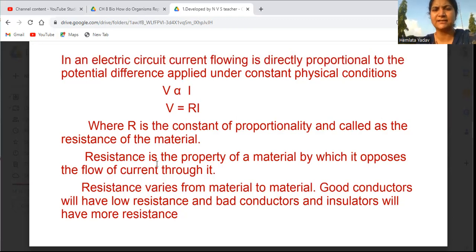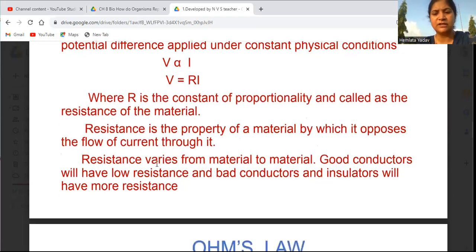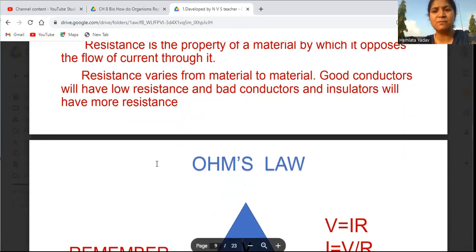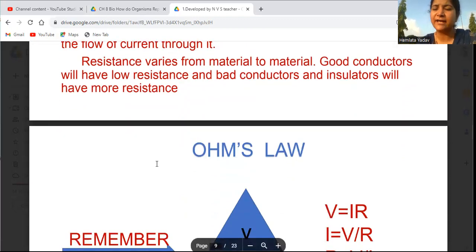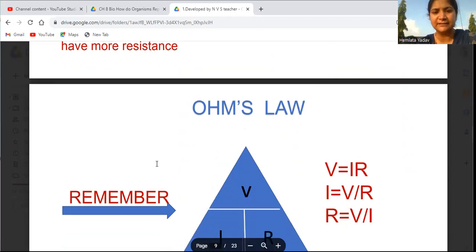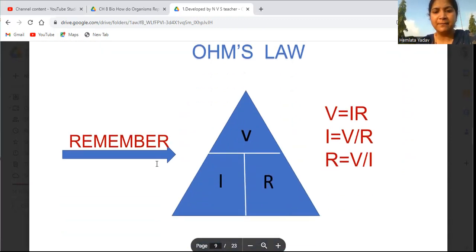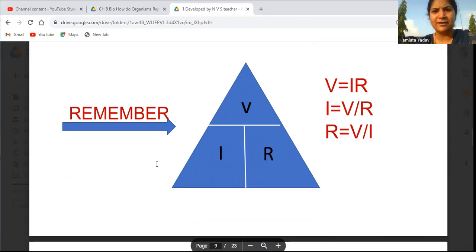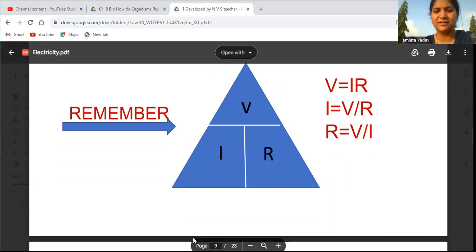हर एक कंडक्टर अलग अलग रेजिस्टेंस देता है करंट को। रेजिस्टेंस वेरी होता है मटेरियल टू मटेरियल। गुड कंडक्टर में लो रेजिस्टेंस होता है और बैड कंडक्टर्स या इंसुलेटर्स में बहुत हाई रेजिस्टेंस होता है, इसलिए वो करंट को नहीं चलने देते। ओम्स लॉ, रिमेंबर V and I and R इनका रिलेशन है ओम्स लॉ। V = IR, I = V/R और R = V/I।